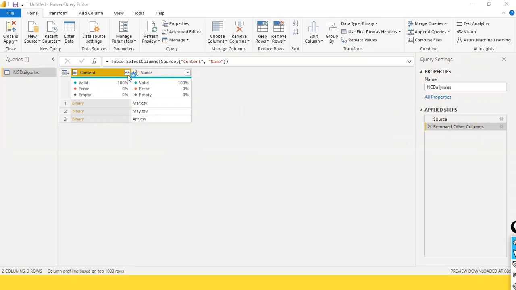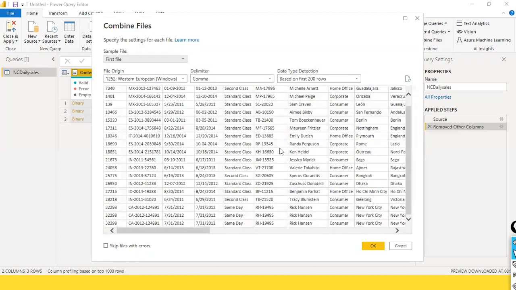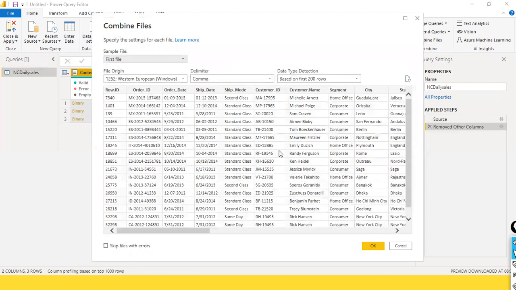I just hit this one and it gives me the data preview window. Here you can see the sample data, not the entire data of these three files. And importantly, this option, skip files with errors, is very helpful in real-time scenarios,